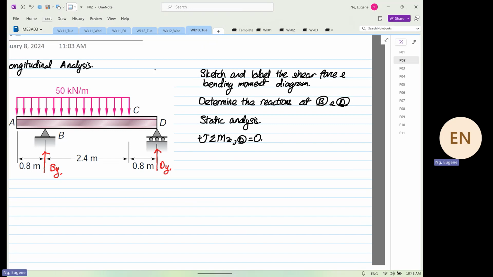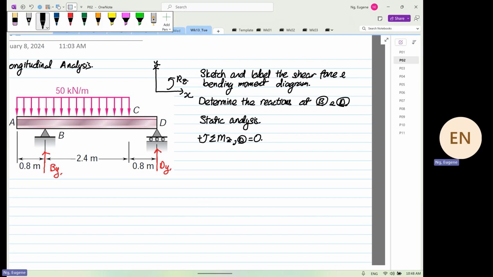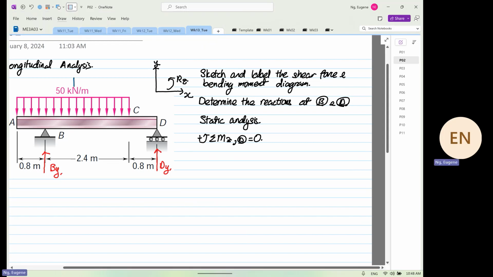Now, a very quick recall for you: this is our x, this is our y, and over here is our rotation about z. First of all, we have to determine our equivalent load for the distributed load. So this is our equivalent